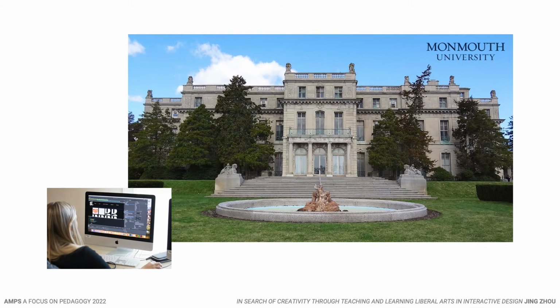Pressured by enrollment decline, many liberal arts colleges were forced to change their marketing strategy and demonstrate the value of their programs. One way is to match liberal arts coursework with career-enhancing skills. For instance, the graphic design program at Monmouth University was established in late 1990s to meet the career demand. Within this program, web and interactive design is one of the fast-growing fields, driven by a tech-hungry economy, which I started teaching in the early 2000s.